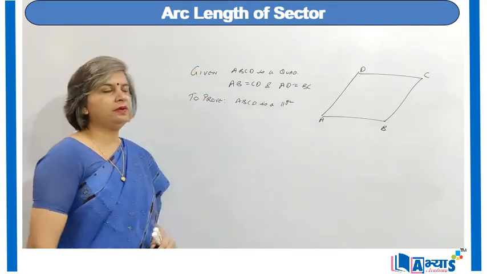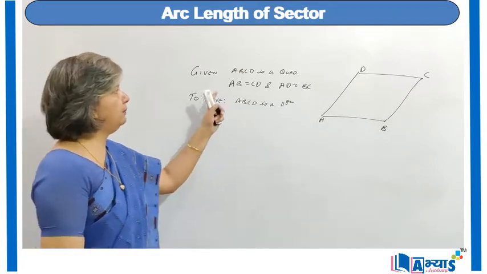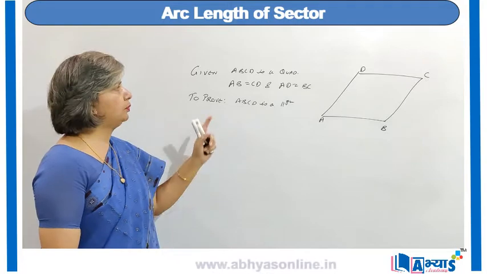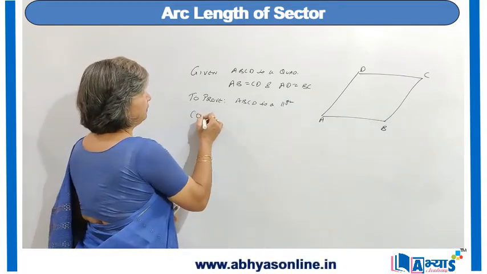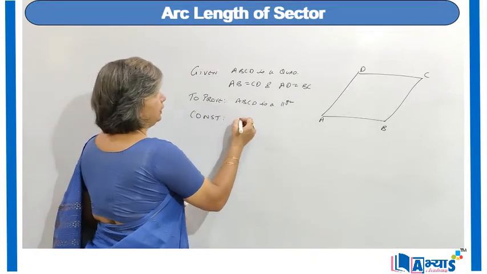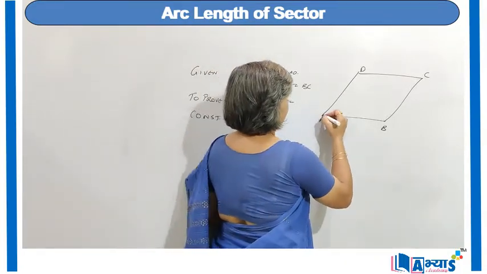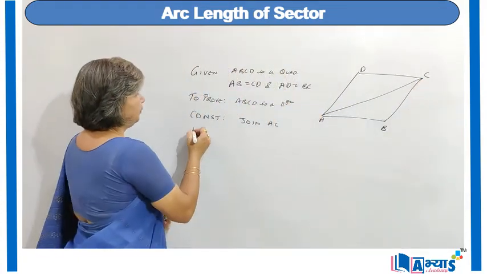That means we are given a quadrilateral ABCD in which the opposite sides are equal, AB is equal to CD and AD is equal to BC, and we have to prove that ABCD is a parallelogram. For this, again, we will have a construction. We will join AC. So the proof will be